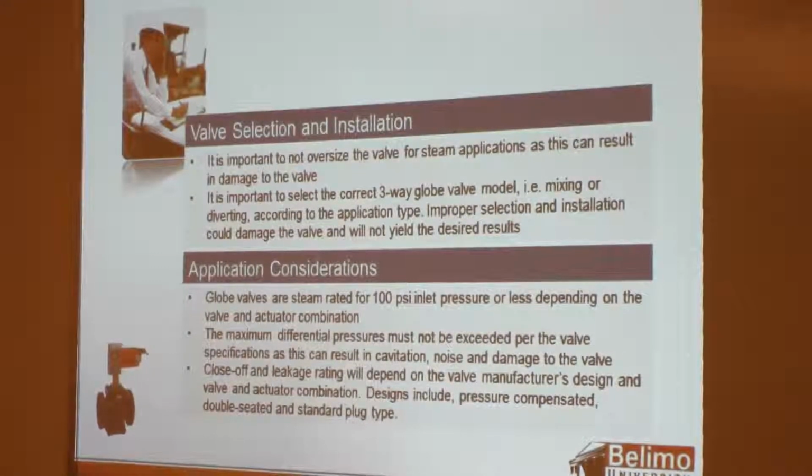Selection criteria. It's very important not to oversize the valve for a steam application. The reason being